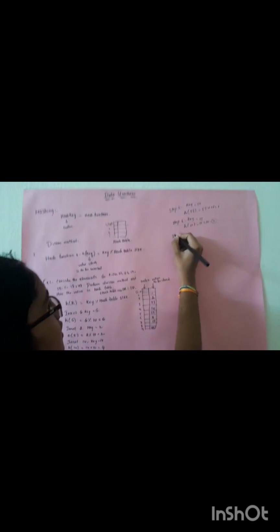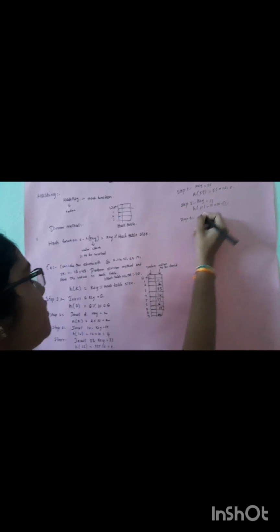Next, key equal to 18. Then the hash key value: 18 mod 10, which gives the hash value as 8. So 18 should be stored at the 8th index location. Next, key equal to 48. Then the hash value is